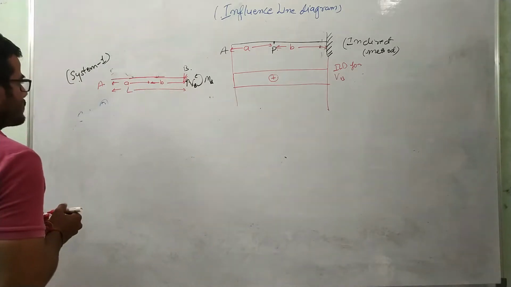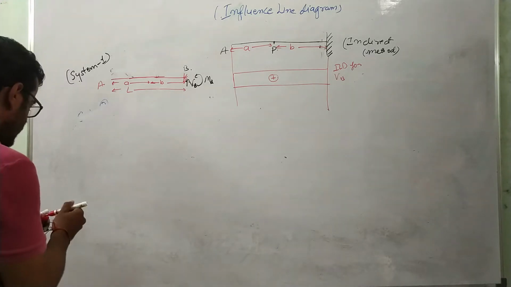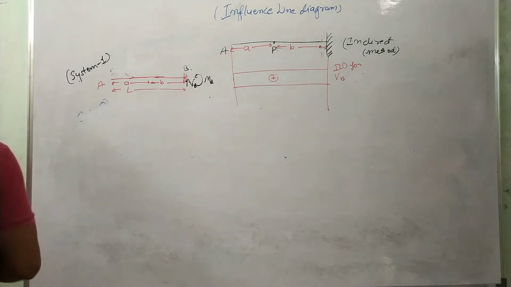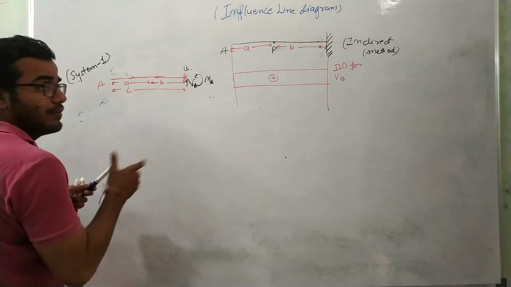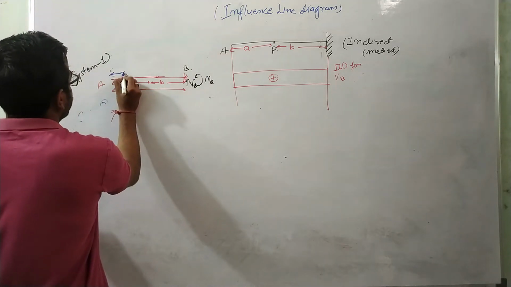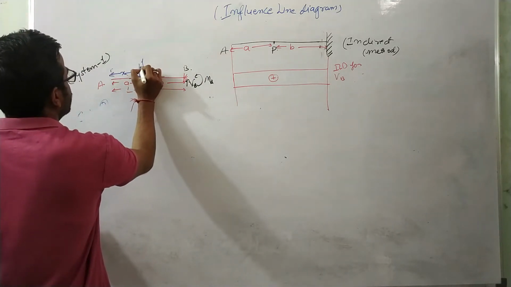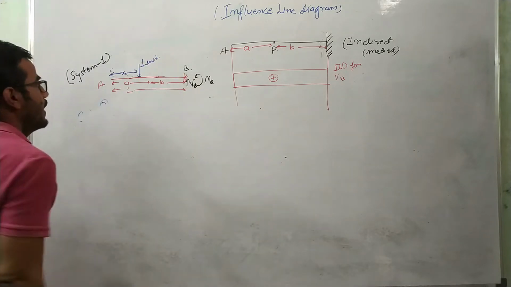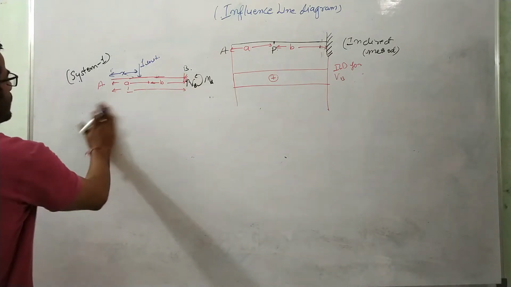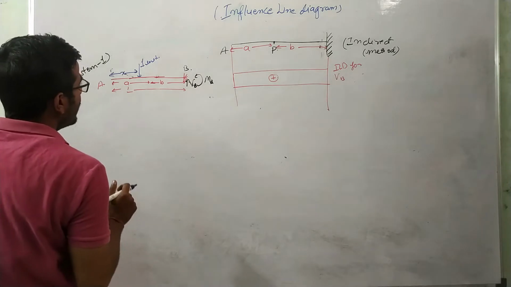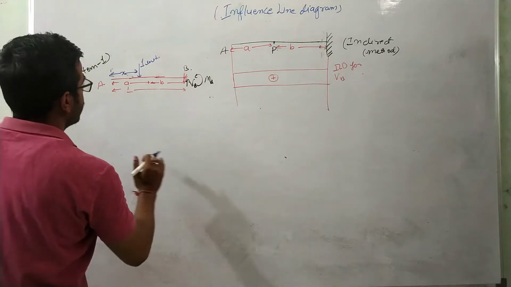So when we need to find MB, the moment, from the influence line diagram for MB, what we will do again is, at a distance of x, apply a unit load. Okay, this is the unit load, right? So when I am applying the unit load over here,